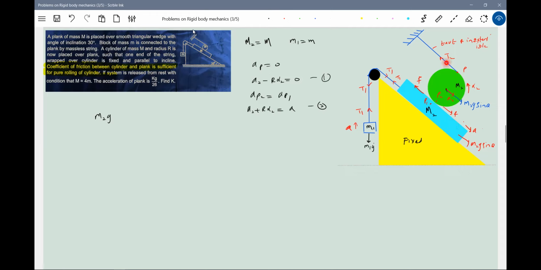Because the moment you release, first this will slide or rotate. So first, what actually happens? This will slide. The motion will take place from here. So the moment you release, the plank will try to slide. Then the rolling will prevail in this particular thing. So therefore, I should start with the plank here. What happens if I take it in this direction and solve it?